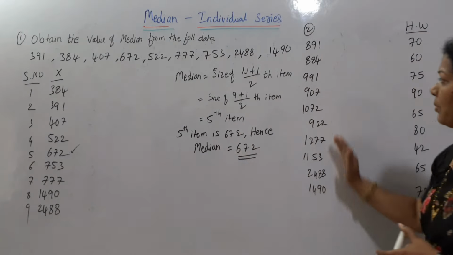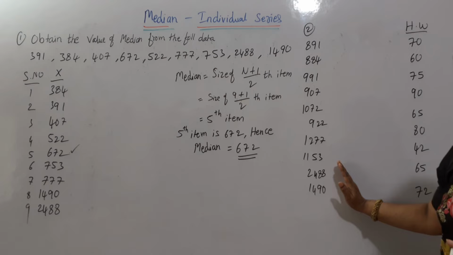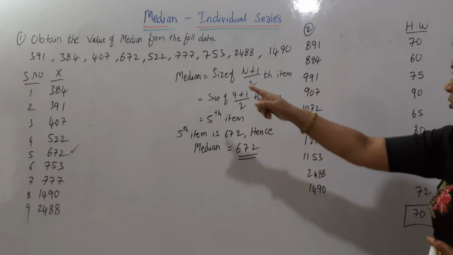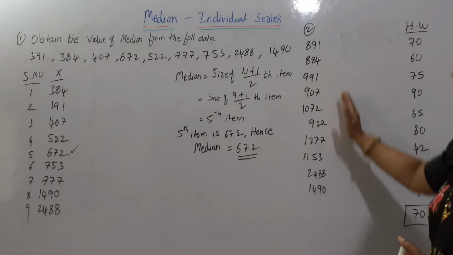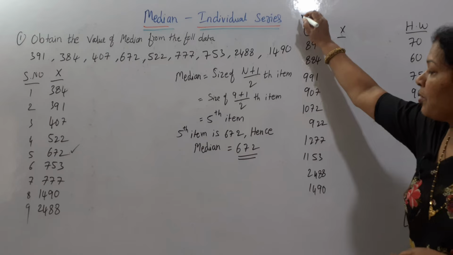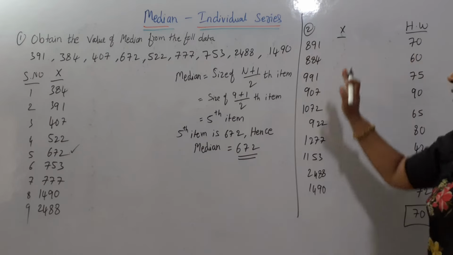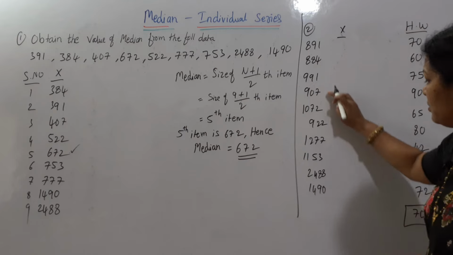Second problem is this one. Okay. So, same data we have to arrange it in ascending order once again. So, shall I work out over there or shall I work out here only? So, arranging the data, this is second problem. Okay. Arranging the data in ascending order. Ascending order means